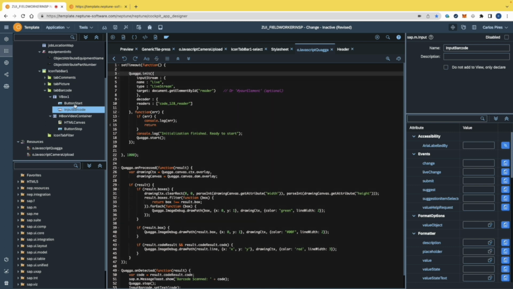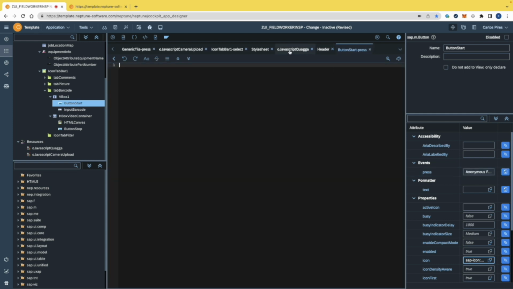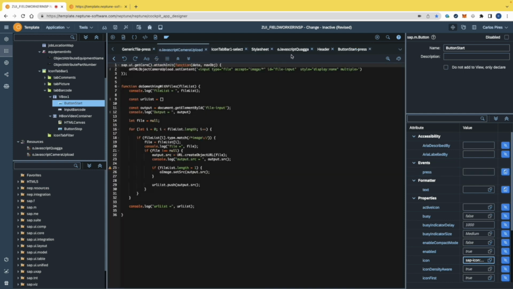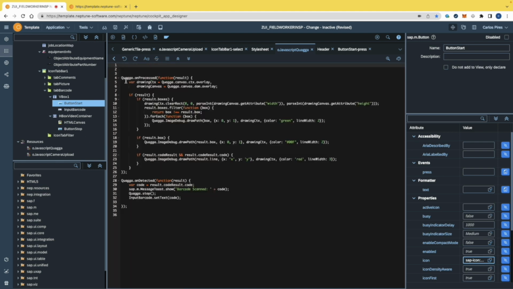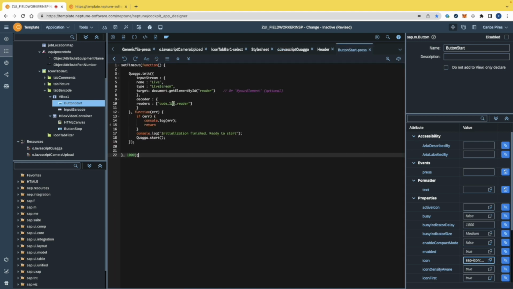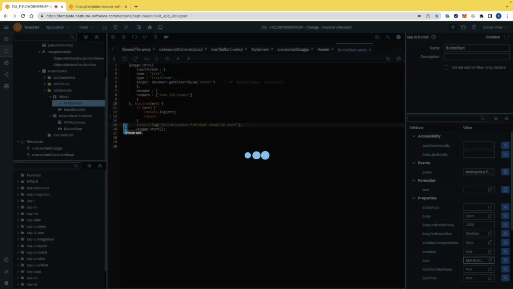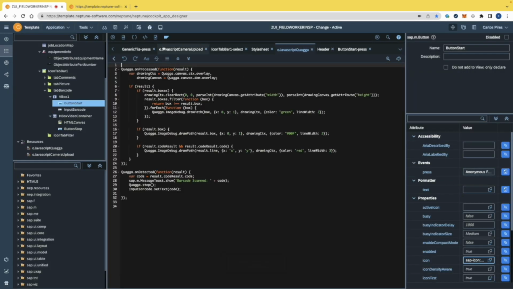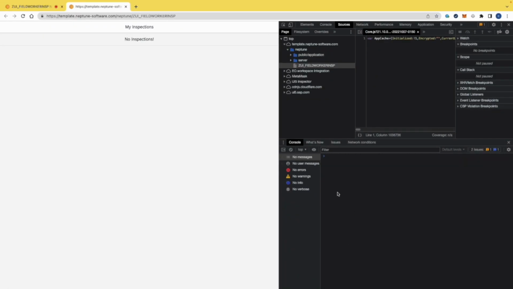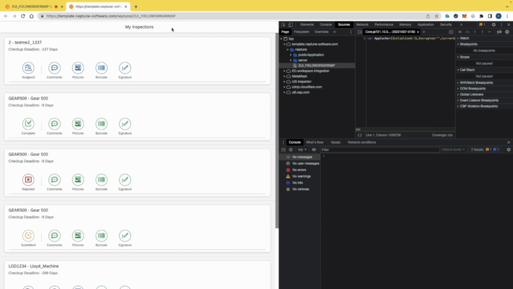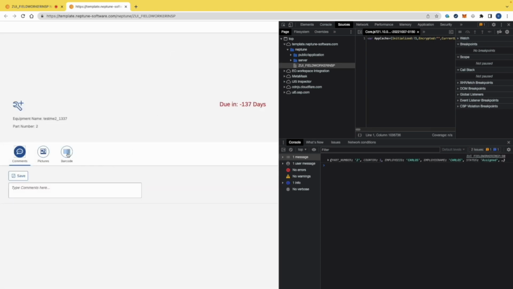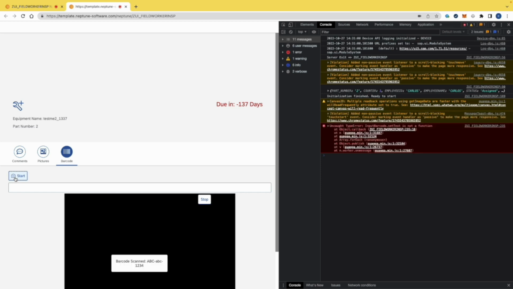So let's open the press event of the button. Let's copy the code. Let's paste the code. Let's remove the timeout. Now everything seems to be okay. Let's activate the application once more. Now we don't have the JavaScript error, so let's choose the first line. Let's navigate to the barcode. Let's press the start. I already have a barcode in front of the camera, so it scans the barcode, and